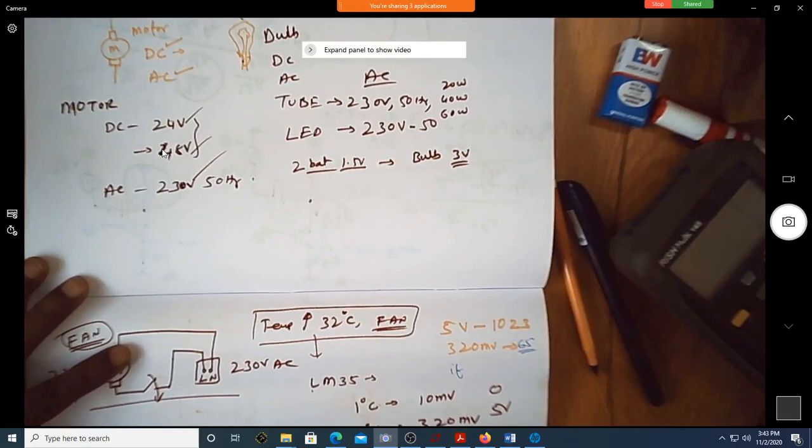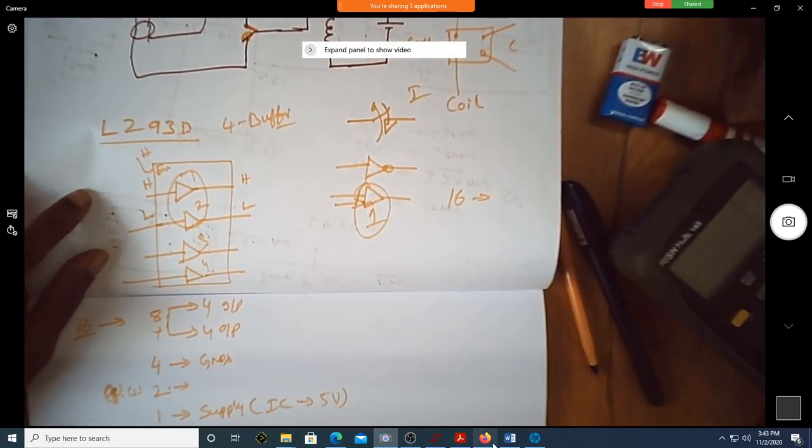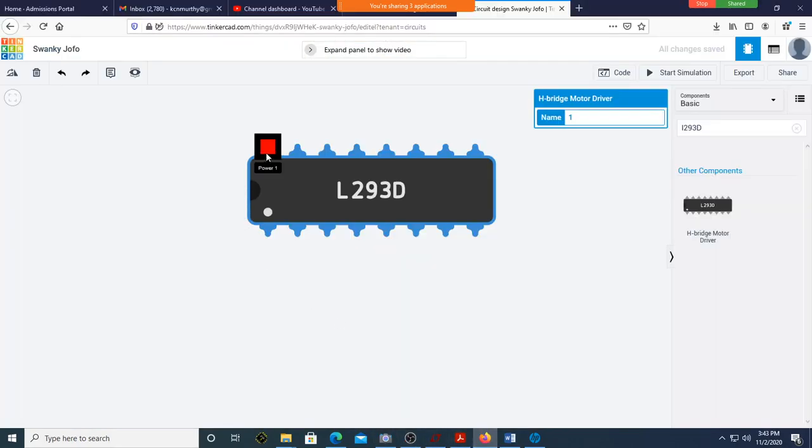How about power 1? Power 1 should always be 5 volt, whether you are using a 24 volt, 12 volt, 18 volt or 48 volt motor. So this is always 5 volt, whereas this depends on the voltage rating of your motor.